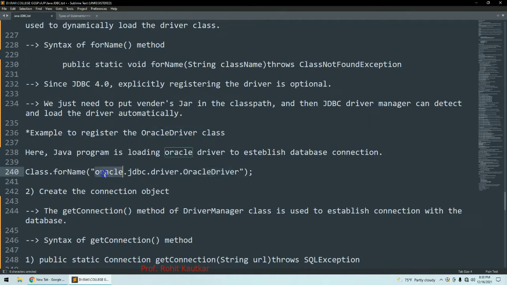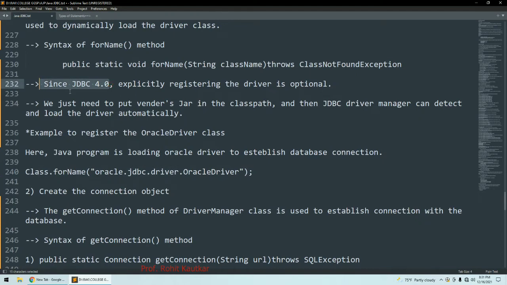Oracle is a directory name in which the jdbc directory is available, in the jdbc directory the driver directory is available, and in this driver directory there is an OracleDriver. Okay, this is how you will load your driver if you are using an older version of JDBC.